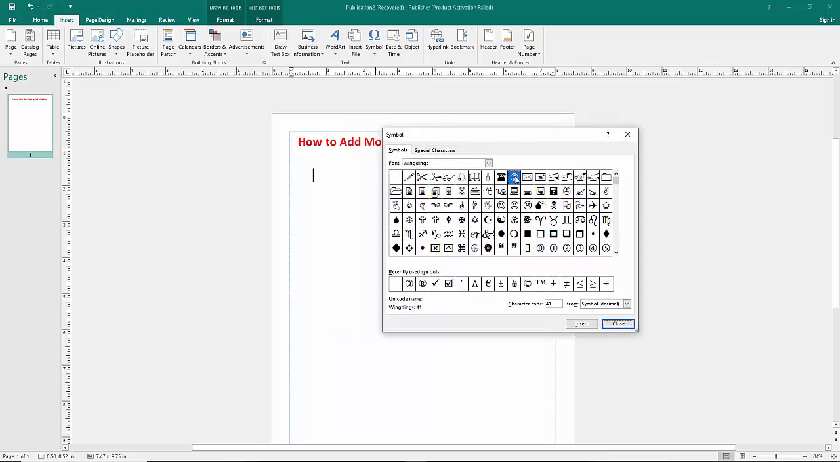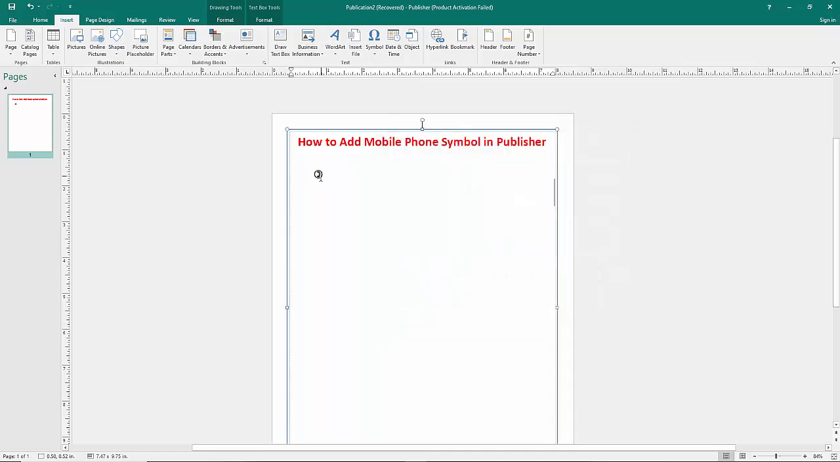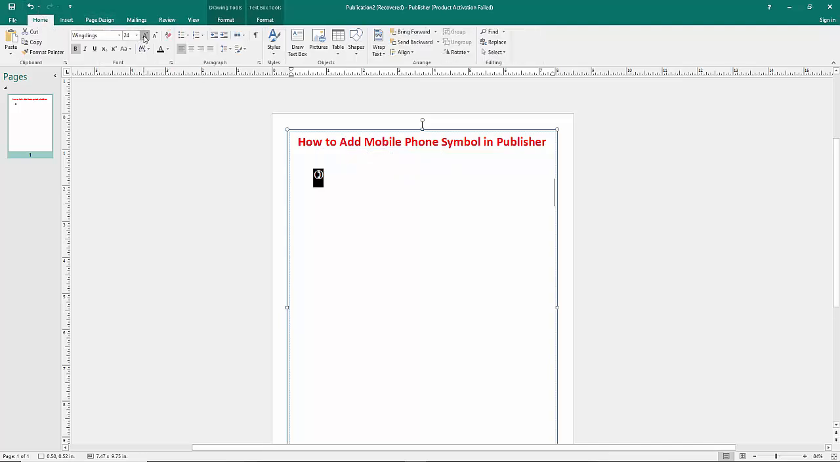the mobile symbol. Now click on it, then click the Insert option. Now click Close. Then the mobile symbol appears. Now for the size, go to the Home menu option. Then click on the font size. That is, then we show